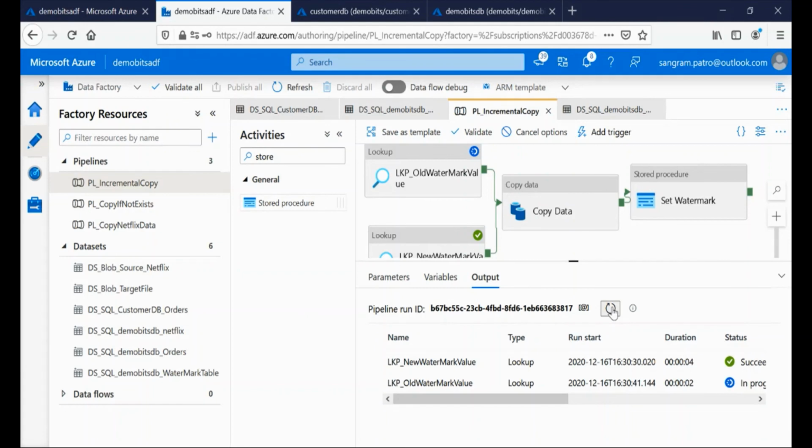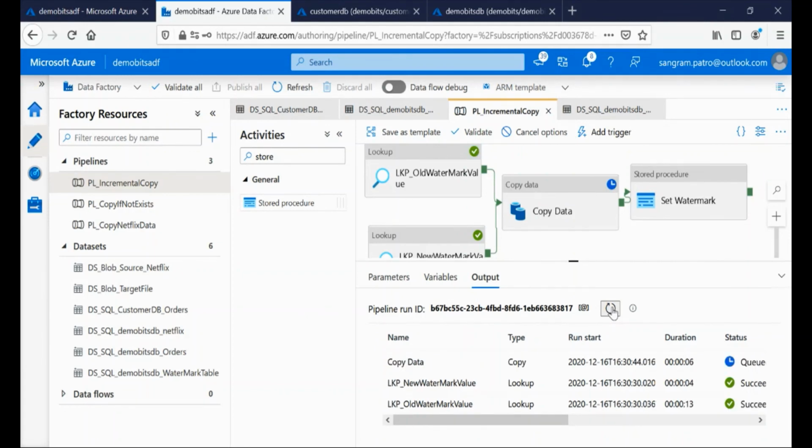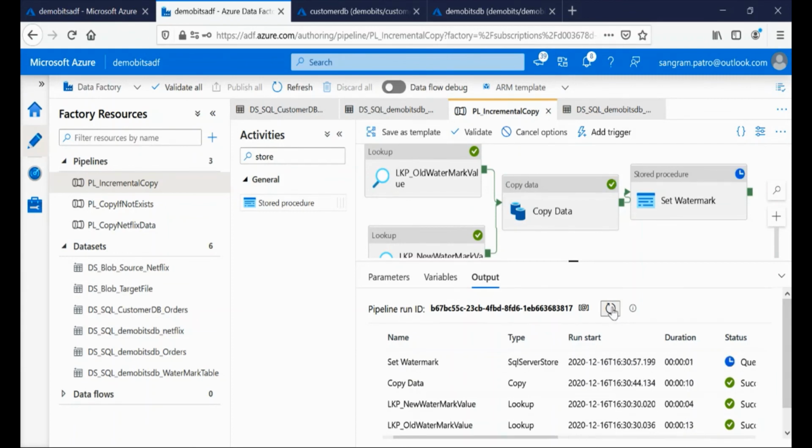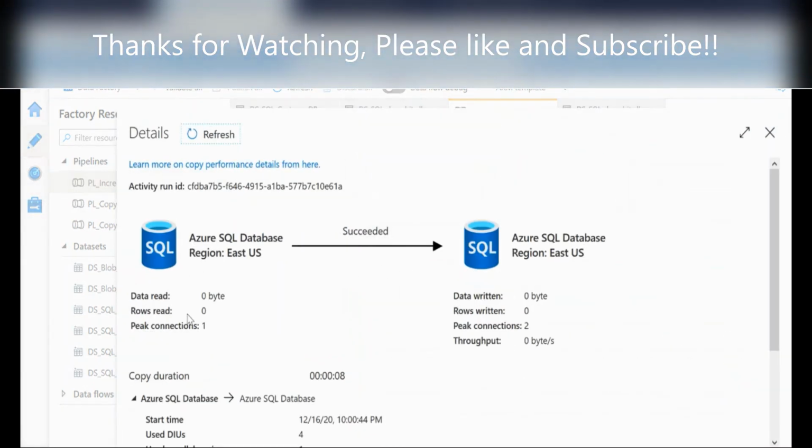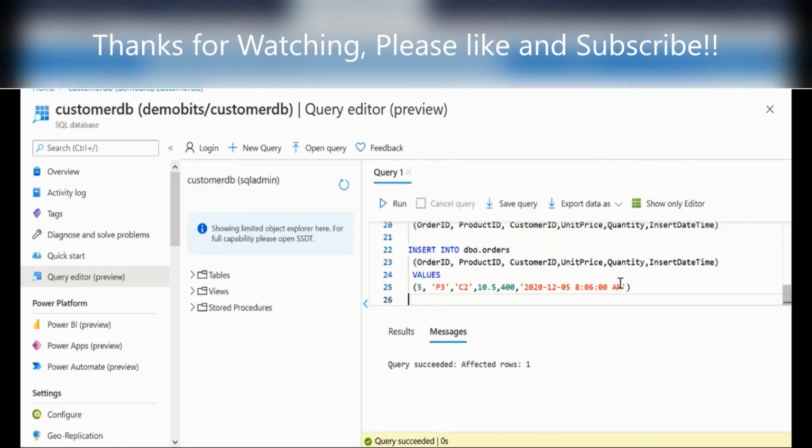So the pipeline is in progress. And it succeeded. Now let me do one thing. Because we did not put any more records in the customer DB, I would expect 0 records to be read and 0 records to be written. So let me put one more record.